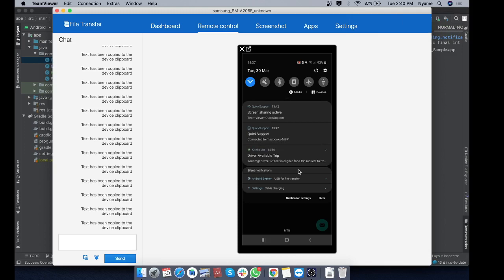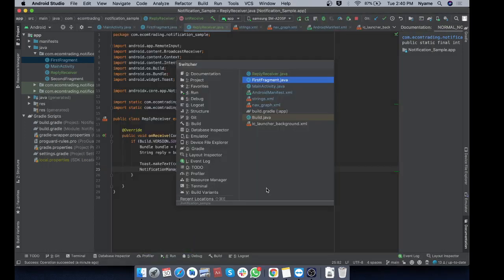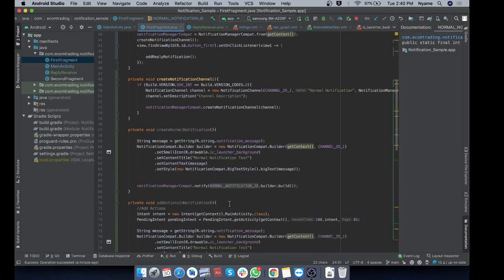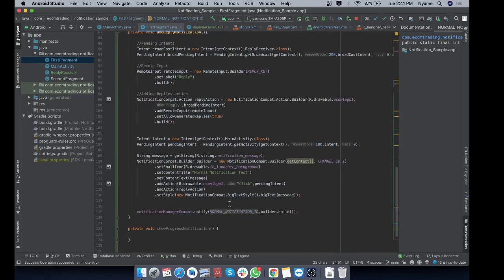Now it is working. Okay, guys, so this is how we can create a reply. If you want to have a reply feature in your notification, this is how you can go about it. The last part of this segment is going to be on how to create a progress bar in our notifications. So as I said, again, we can copy the basic one here